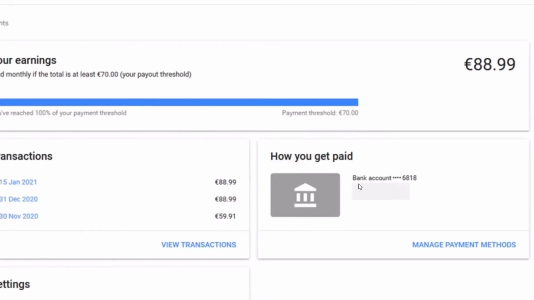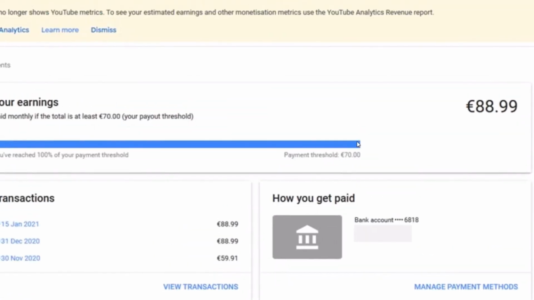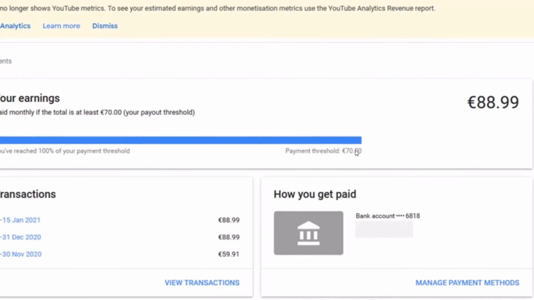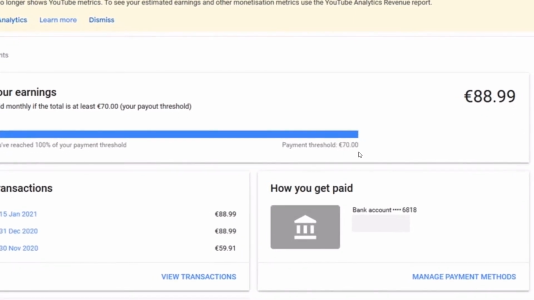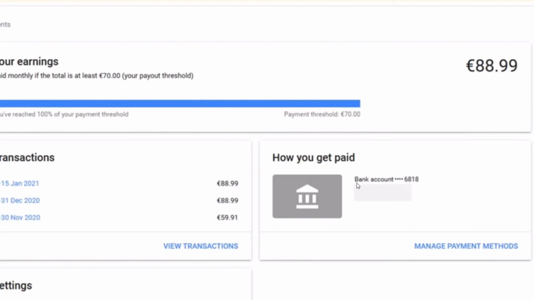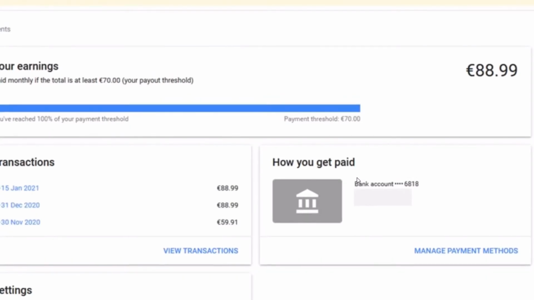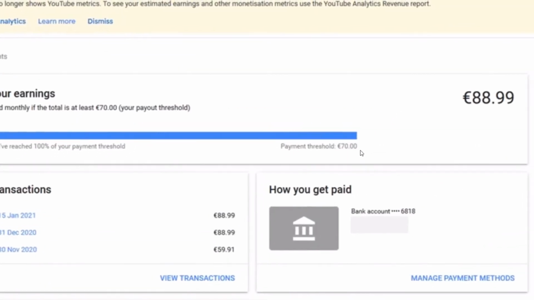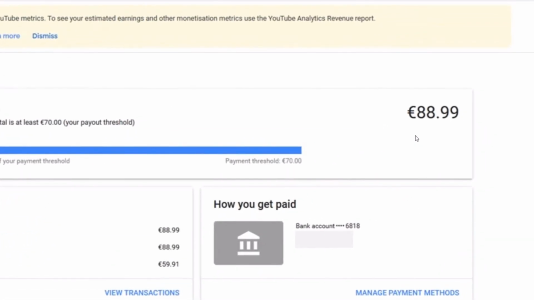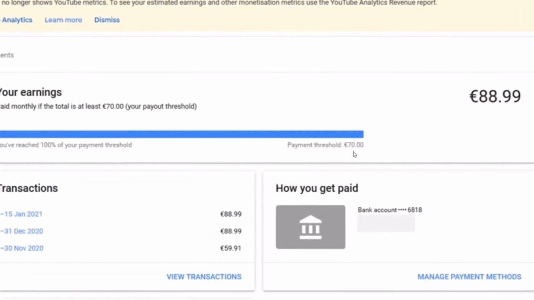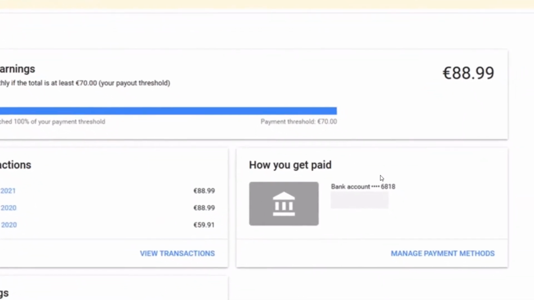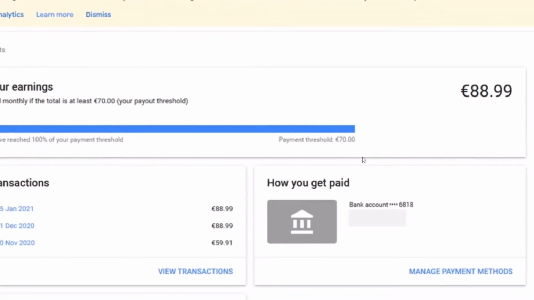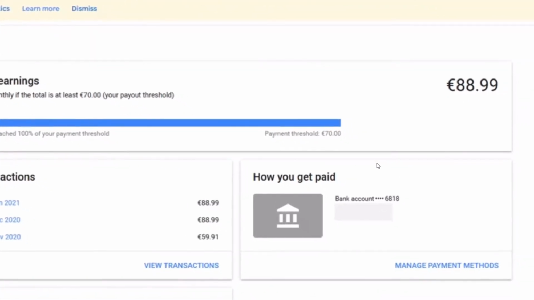So what that means is that you will not receive the money in your bank account right on the 11th of the month, or right on somewhere between the 10th and the 14th of the month, when you finally receive your last payment and that made you exceed the payment threshold. That's not going to happen. You have to wait. For instance, I received mine on the 11th of January, and that increased my balance to now 88 point something, which has exceeded the payment threshold. But I never received my 70 euros in my bank account on the 11th. So I have to wait till when?